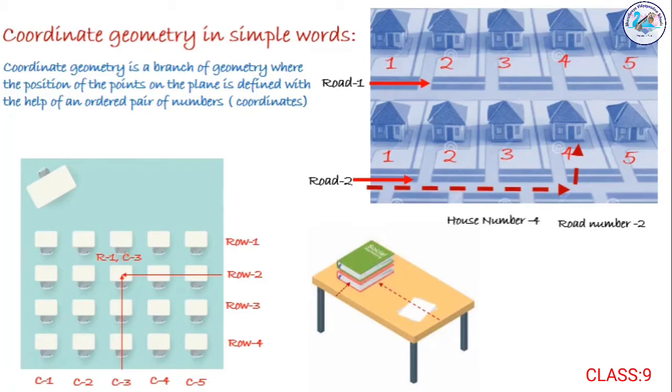In general, in coordinate geometry, we use xy coordinates to locate any point, and these xy coordinates are called an ordered pair. Ordered pair means there should be a particular order, the first one is always x and the second one is always y. You are not allowed to change this x and y position. Because of that, it is called an ordered pair.